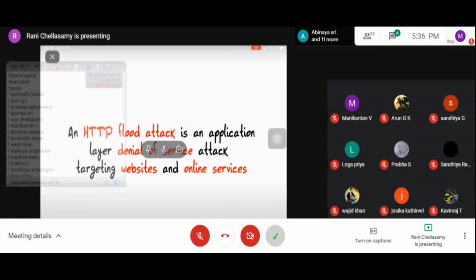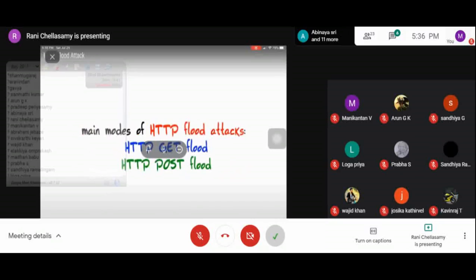There are two main methods of HTTP flood attacks: HTTP GET flood and HTTP POST flood. Already we have seen the methods used in the HTTP message format. There are many methods available, and two such methods are the GET method and the POST method.